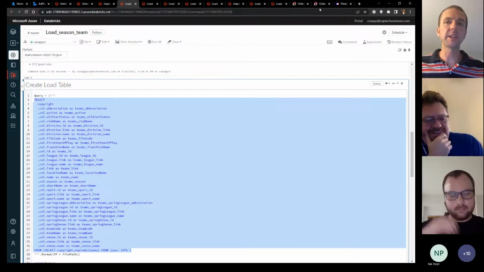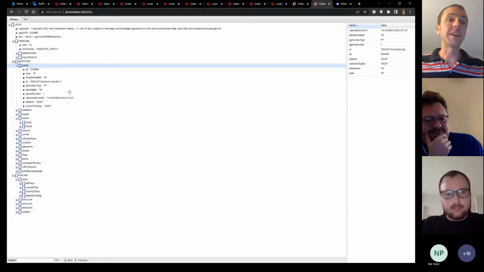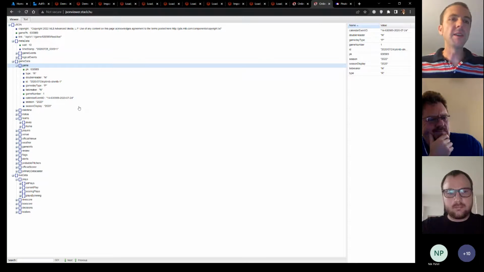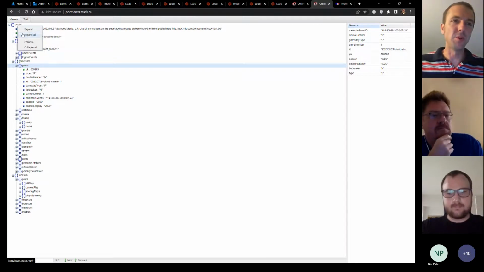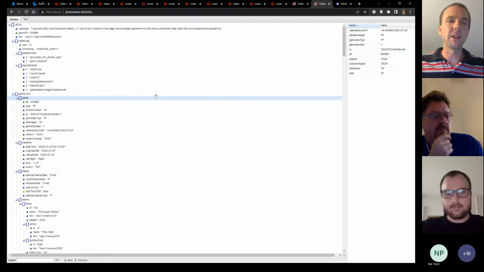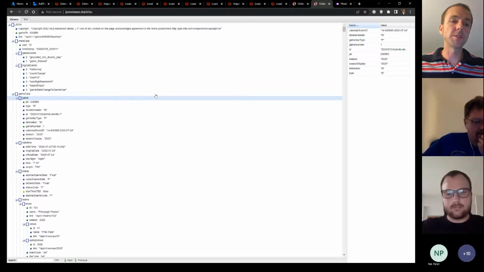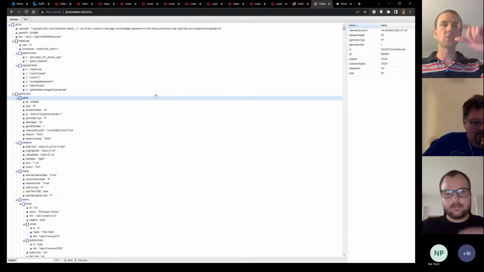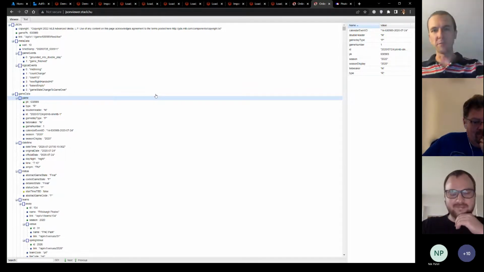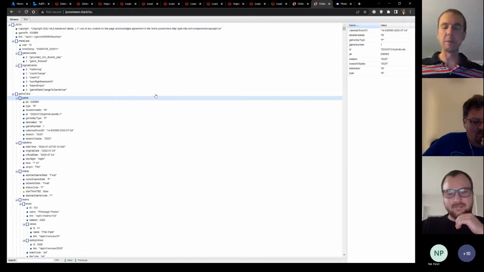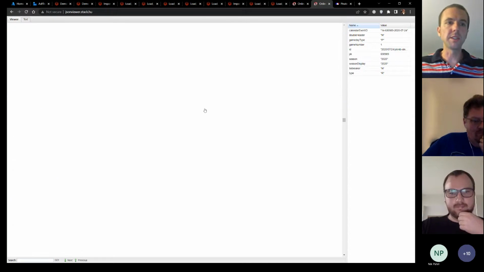That leads me to the next example, which is a game file from MLB, way bigger than the teams file was. I'm going to expand this and show how long it goes. This is where you'll see there's embedding: arrays of structures of arrays of structures of arrays of arrays of things that need to be pivoted. This thing was a beast to write SQL on top of. Sorry, it's still refreshing.